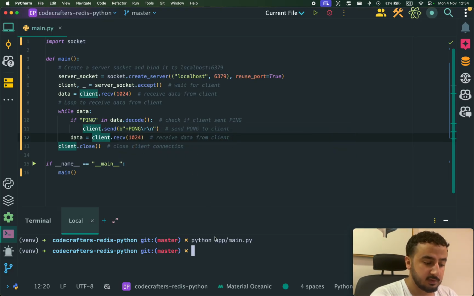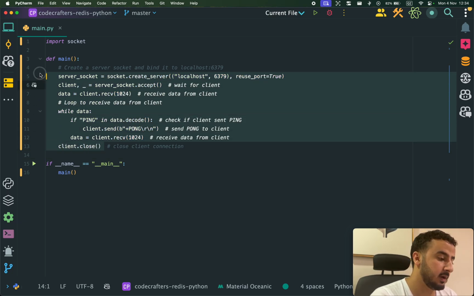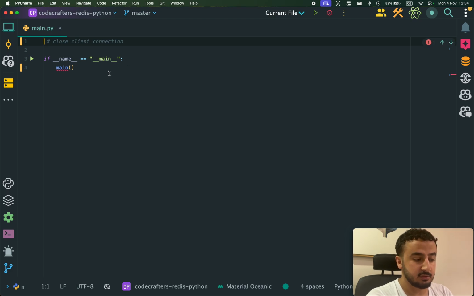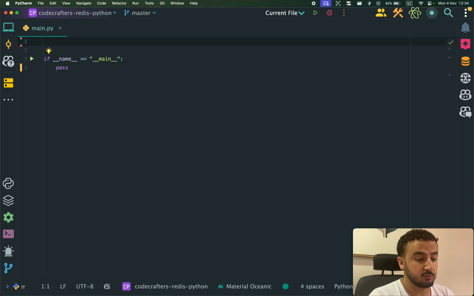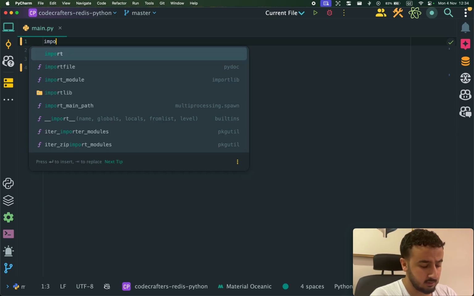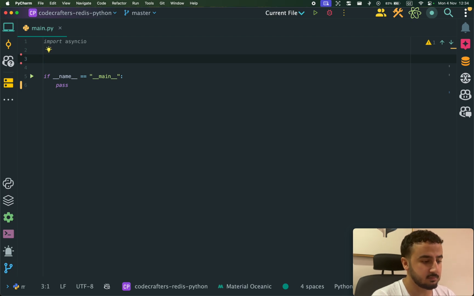So this is what we have from the previous one. Just a single client. We respond to a ping command. In Python, it's pretty easy to implement an event loop, which is asynchronous, using the asyncio library. Implementing it from scratch is tedious, and using the asyncio library is much better and easier. It's also a very good library. It does the asynchronousness very well. It manages very well. So we just import